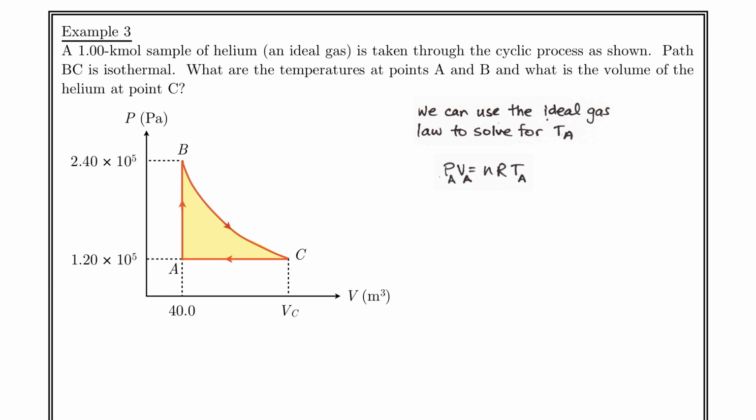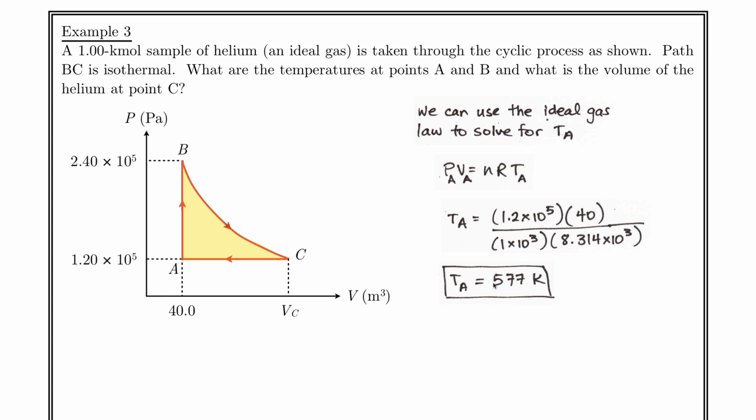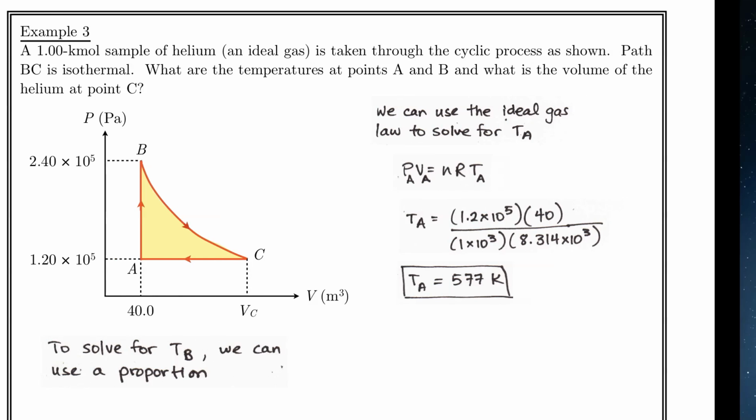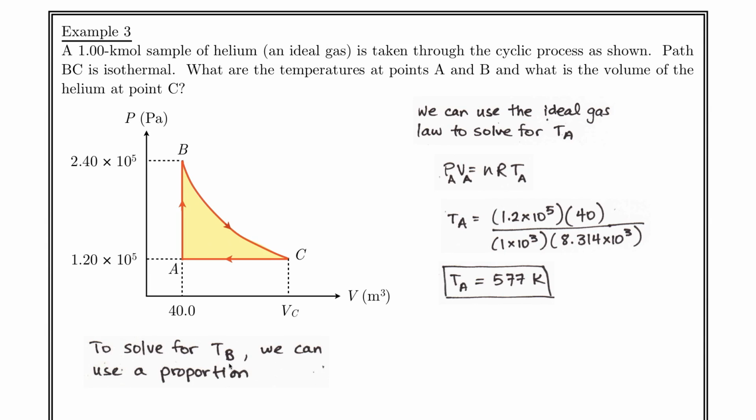And let's do that. PV equals nRT. And when we rearrange and substitute for our values, you'll notice this is the moles down here. And then here is, of course, R, the gas constant. We can solve, and we get 577 Kelvin as our temperature. We can also solve for the temperature at B,